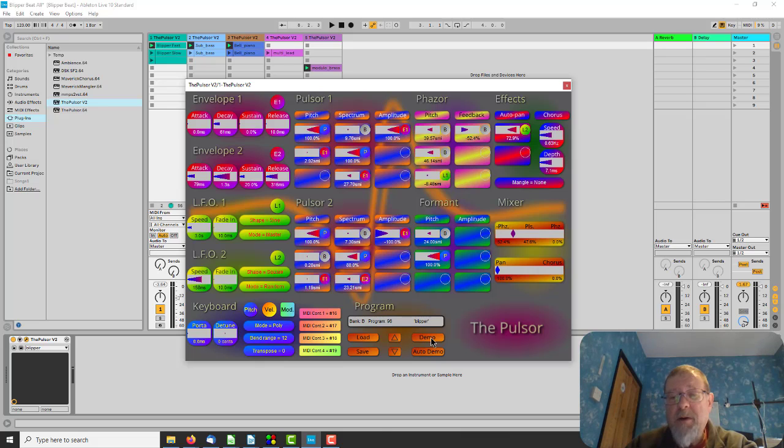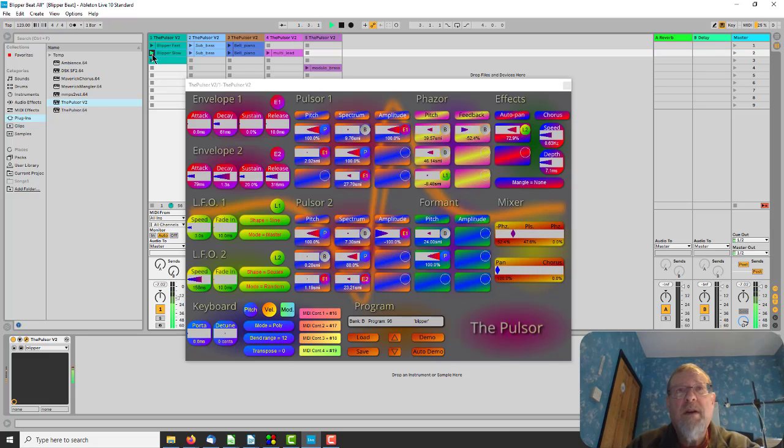If I hit the demo, that is not dissimilar to, and so with the bass and with the